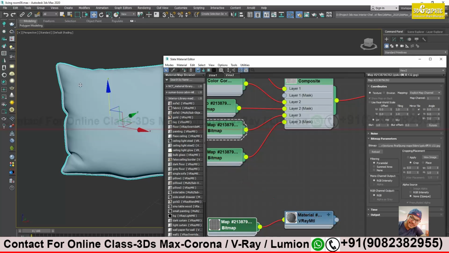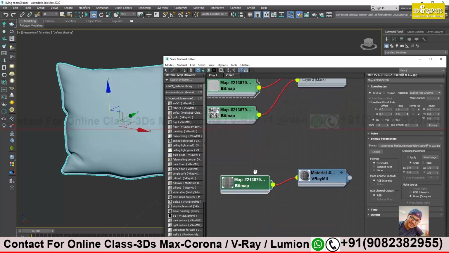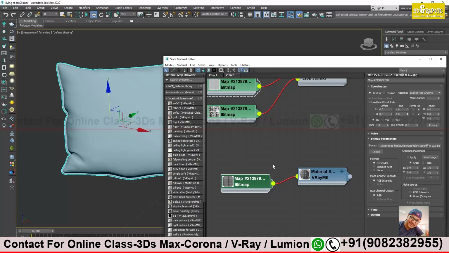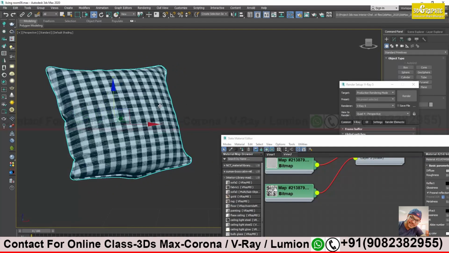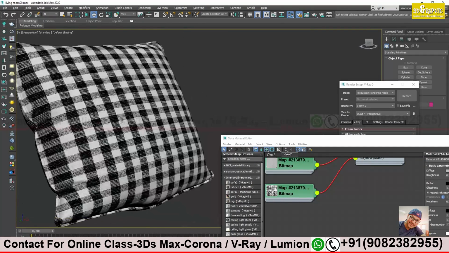Acha, that displacement we used in the last class was the black and white of the same texture, no? You remember? Yes, sir. Yes. But in one of my projects I used displacement in some different style. I will tell you what I have used. Let me do this first. Alright, texture is applied.